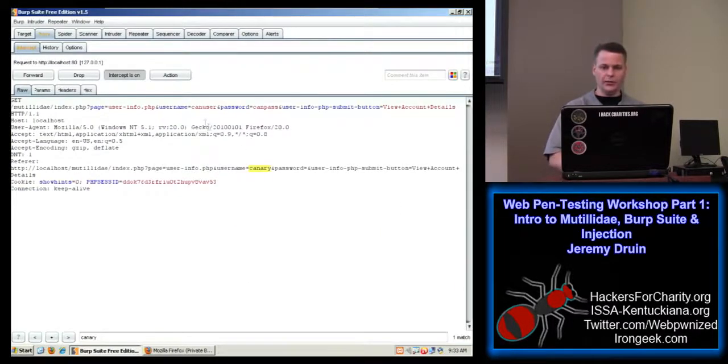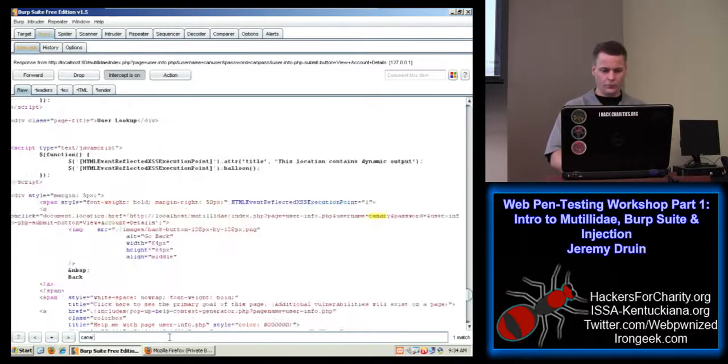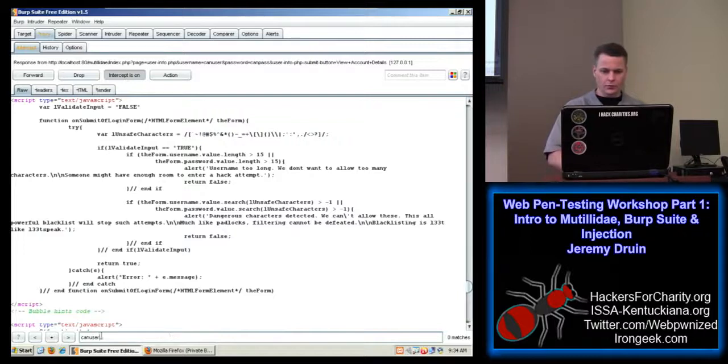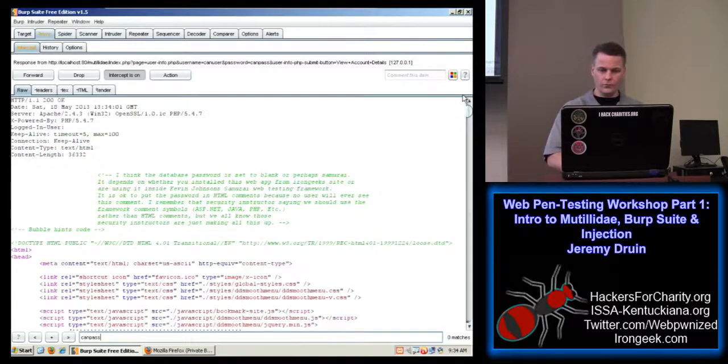So I'm just using can user and can pass. Forward that on. No matches. It looks like no hits at all.